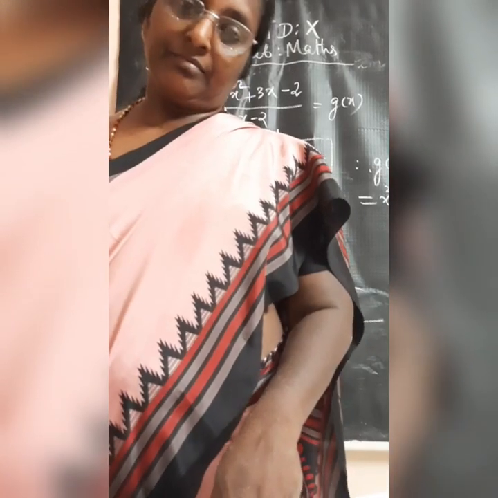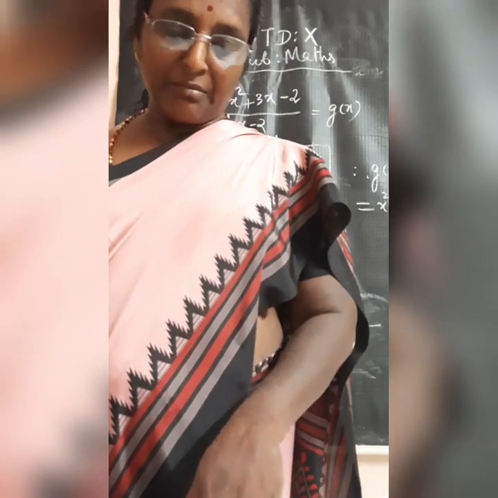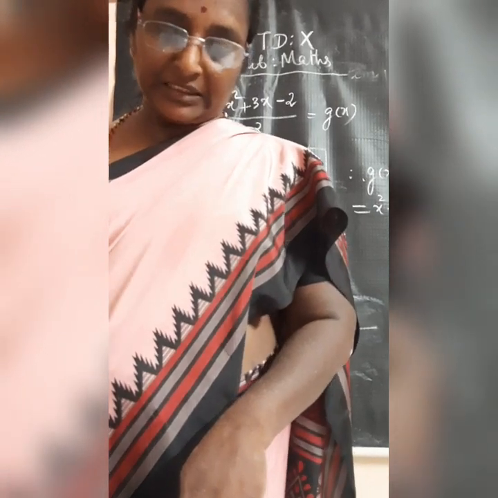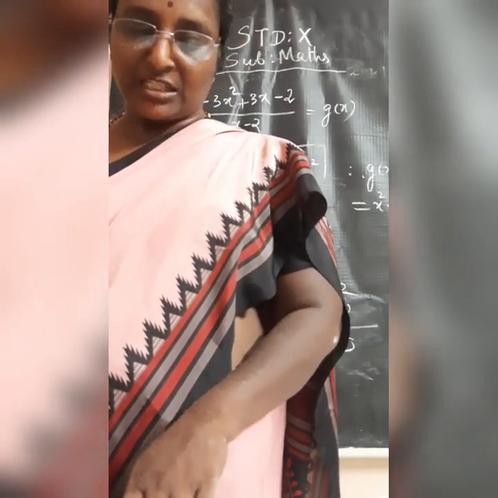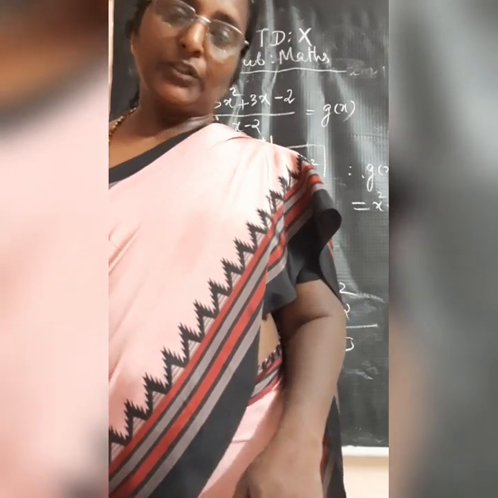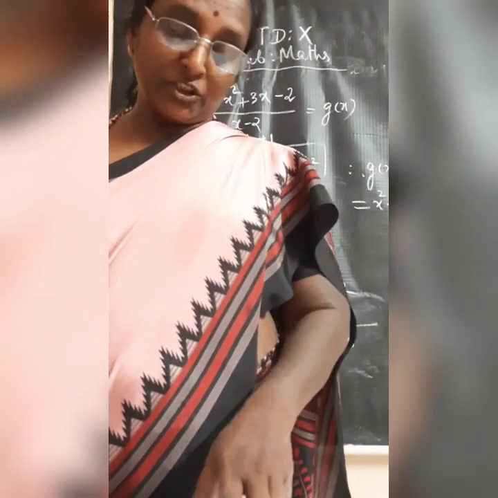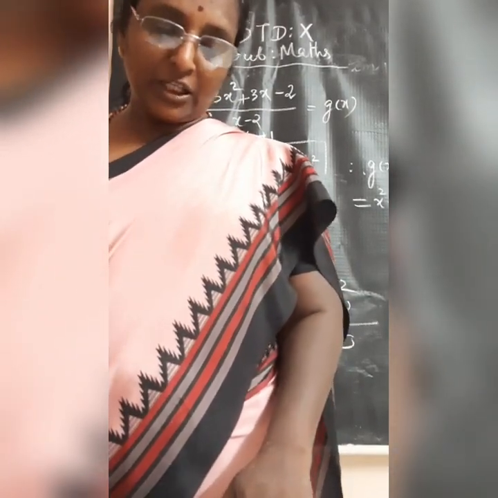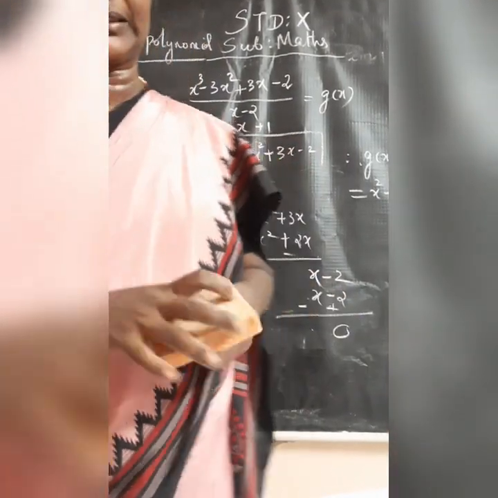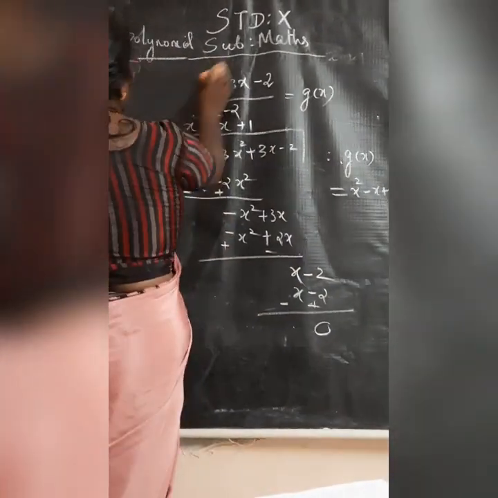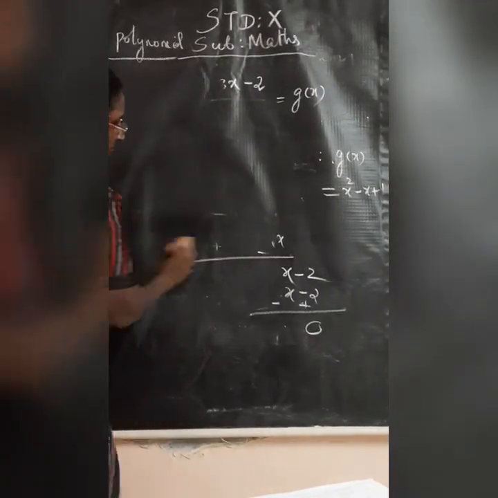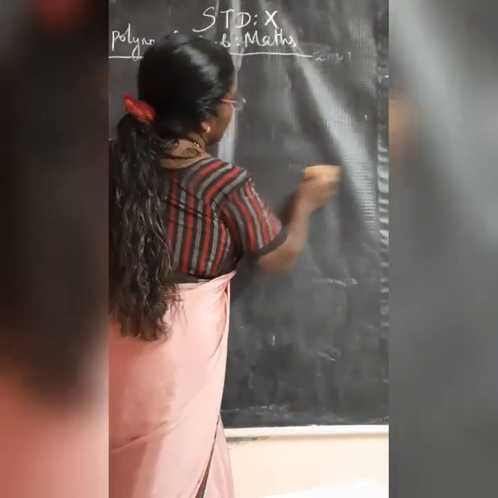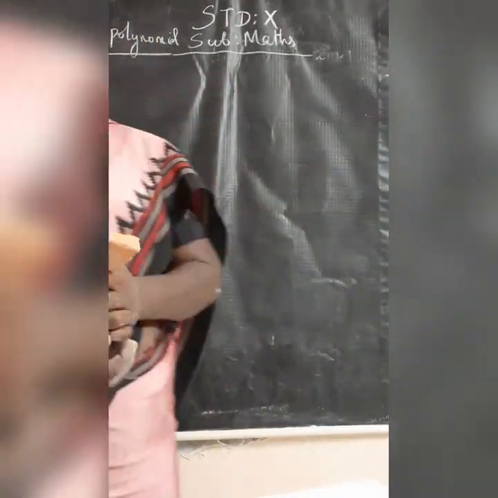Now question number 5. Read the question number 5. Give an example of polynomials p(x), q(x), g(x), r(x) which is satisfying the division algorithm. So it should satisfy the division algorithm and it should satisfy the following condition also. So first condition is given as degree of p(x) is same as degree of q(x). All of you find out by yourself. Some examples you find out in your mind.